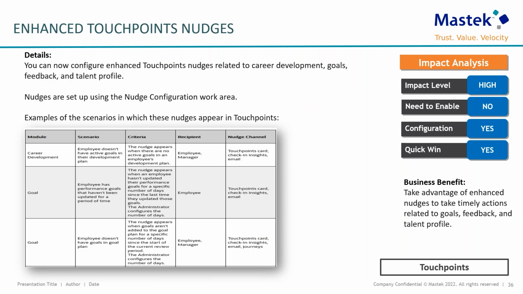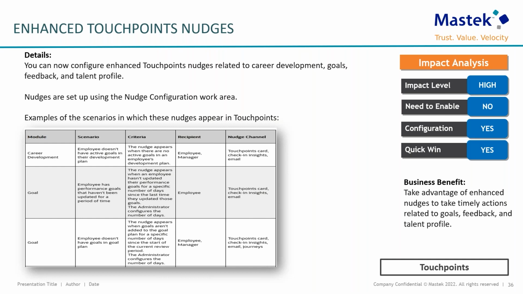The other one is also related to touchpoint, that is enhanced touchpoint nudges. So for the teams who are using touchpoints or nudges, basically nudge configuration allows you to send out a timely notification for certain modules. This was again introduced in 22D along with touchpoints. In this particular release, they have further enhanced it to include modules like career development, goals, feedback, and talent profile, so that you